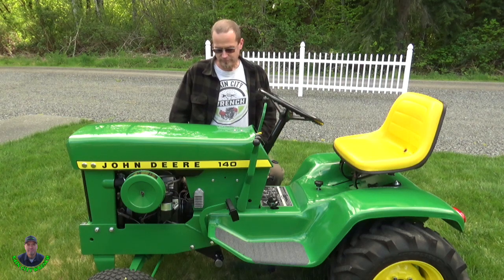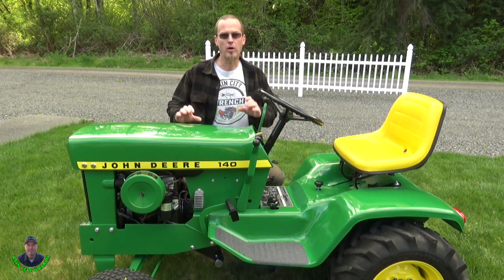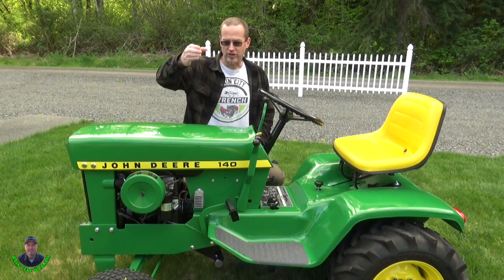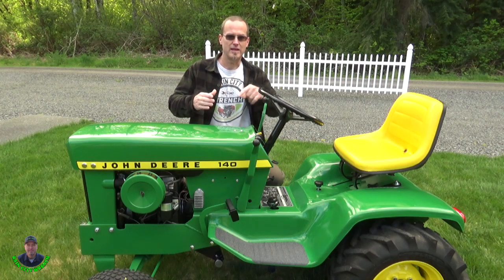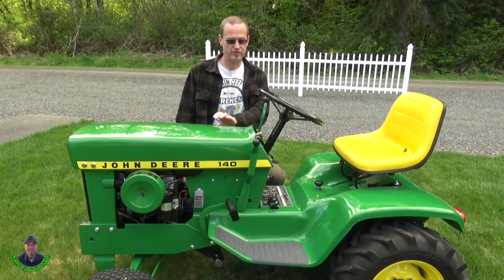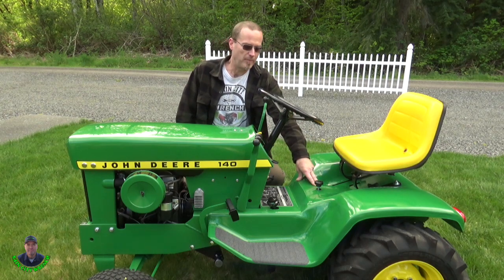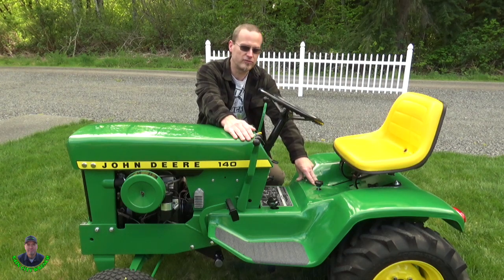this condition. It has a 14 horse Kohler on it. It has 2 large ball bearings in it. This is a lot different than your regular lawnmower. Lawnmowers usually have the crankshaft go vertically, and it'll have a pulley on the bottom of it and a belt that drives the transmission. This one, the crankshaft goes horizontal, and it's got a drive shaft that runs back to this hydrostatic unit and the pump,